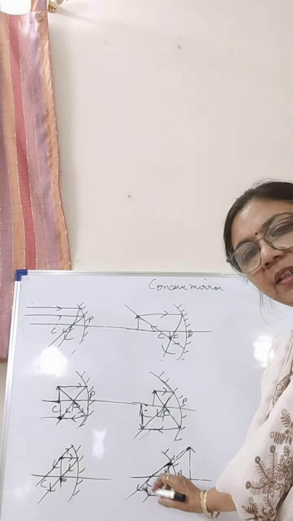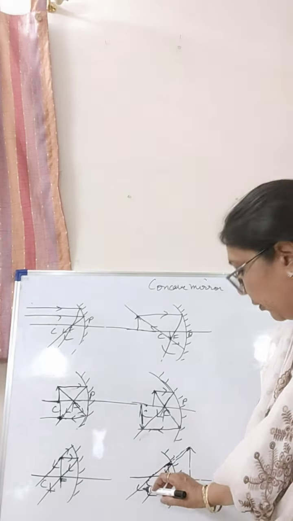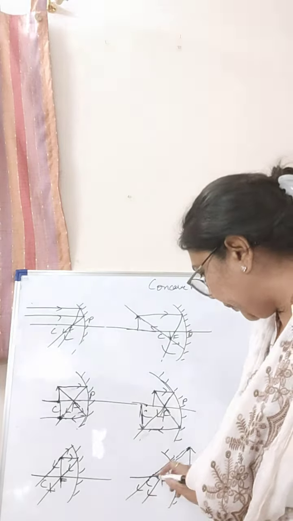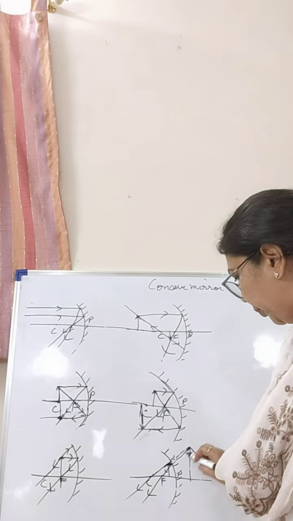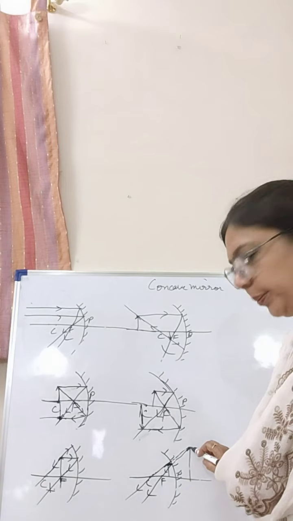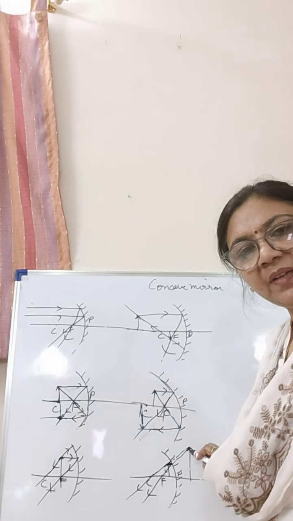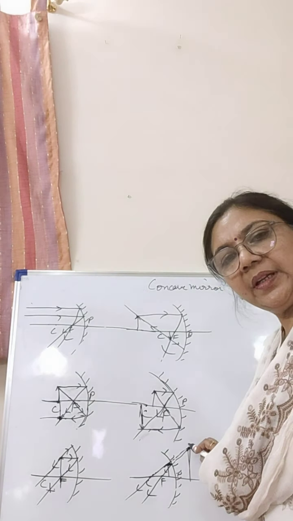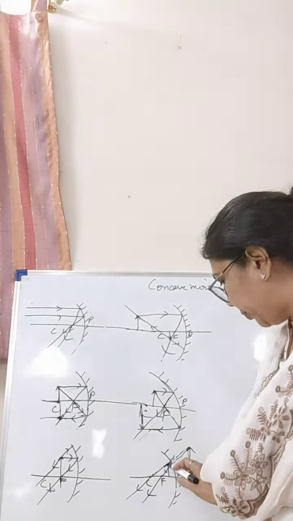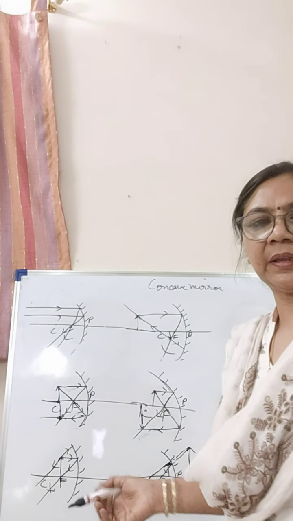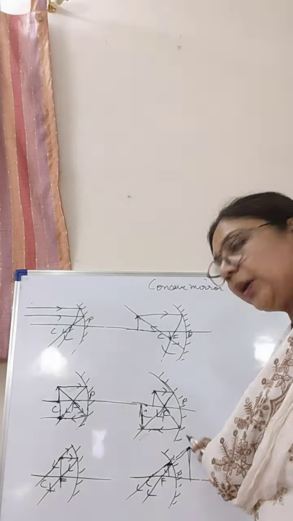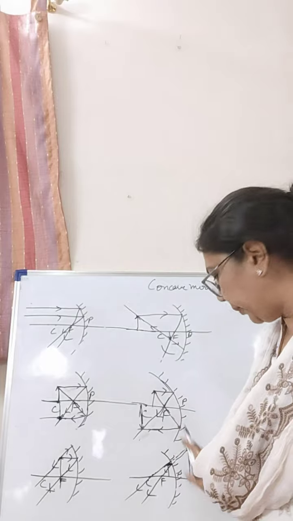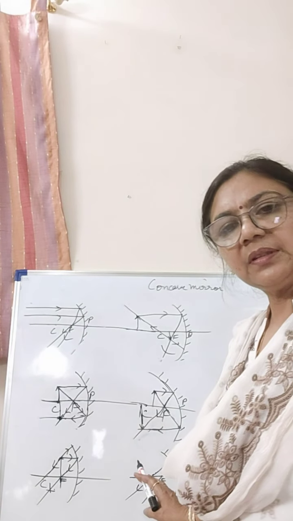As we can see, these two reflected rays are going apart, which means they will not meet in front of the mirror. So we have to produce them at the back. When we produce them, it appears as if these two are meeting at the back of the mirror. When it appears so, that means the image is virtual. So a virtual image will be made at the back of the mirror and it will be enlarged compared to the object. It is enlarged, it is virtual, which means it is erect. A virtual, erect, enlarged image will be formed at the back of the mirror. You have to remember this sixth case properly because this is very important.